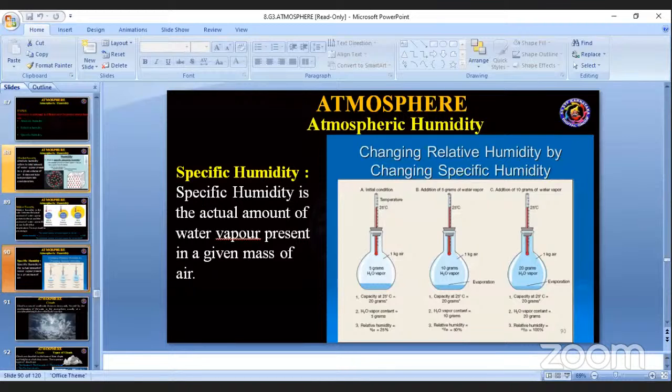In specific humidity, we identify how much water vapor is present per kg of air, or 2 kg or 3 kg of air. And in relative humidity, we measure the amount of water vapor present in the air compared to how much more it may hold. For example, if it holds 10% and 20% at 10 degrees Celsius, that amount of water vapor, we will